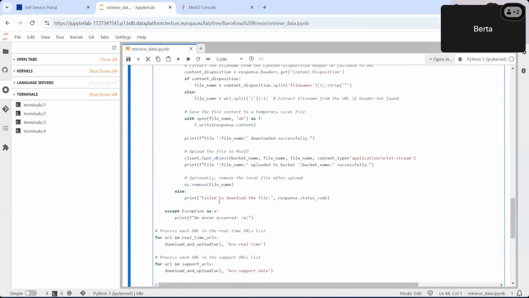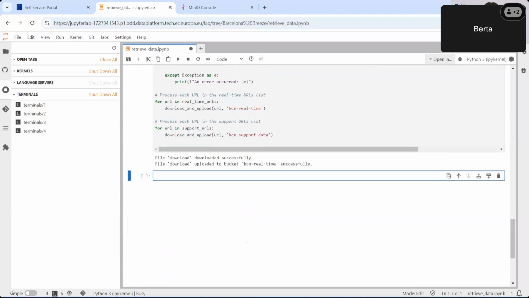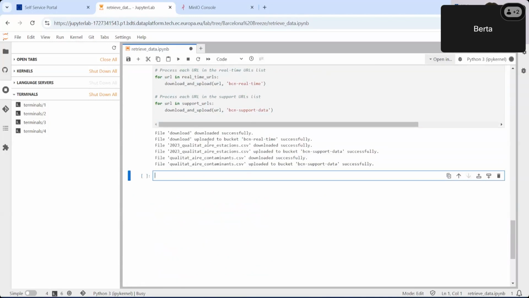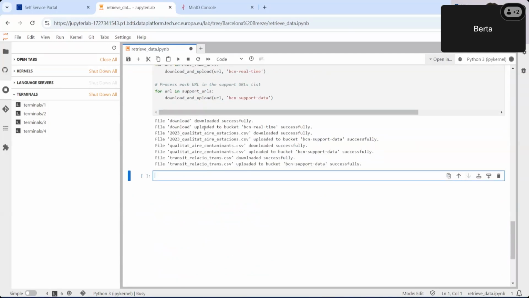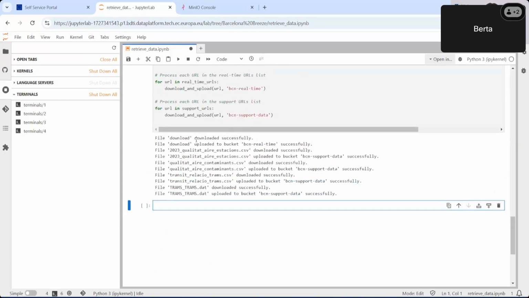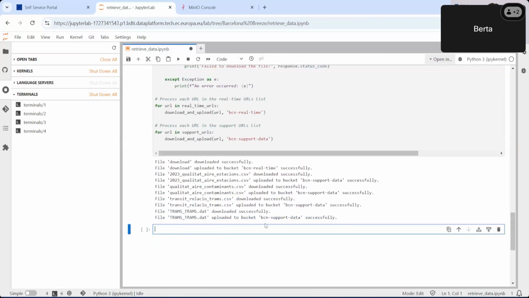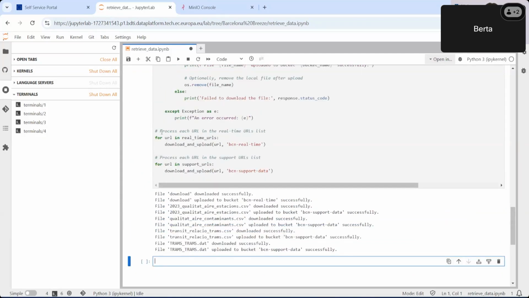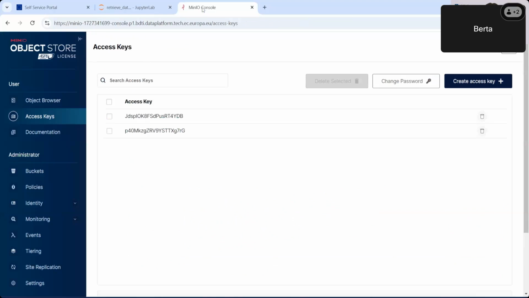Now I can go ahead and run this by clicking on here. We see that the files are downloaded successfully and then uploaded into each bucket. So now, yep, all of them worked. So this is ready. And we could go ahead and check from the MinIO console.